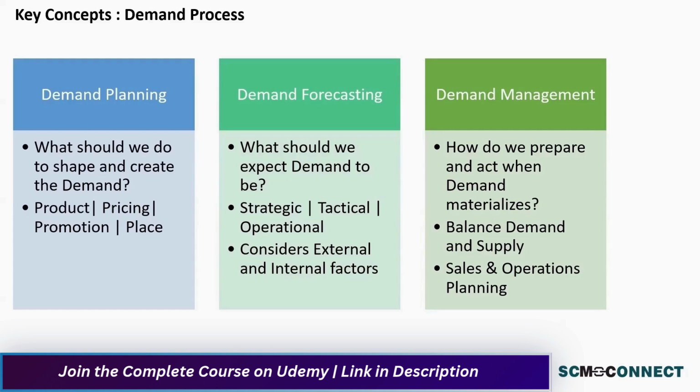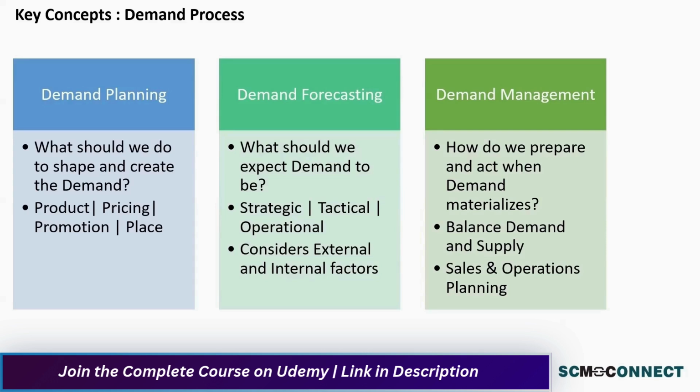Then the third key element is demand management. So how do we prepare and act when demand materializes? So there is an order that comes in, there is a demand that is actually coming in. How do we balance demand and supply? And for that, various organizations have this S&OP process, which is sales and operations planning, which is essentially about managing